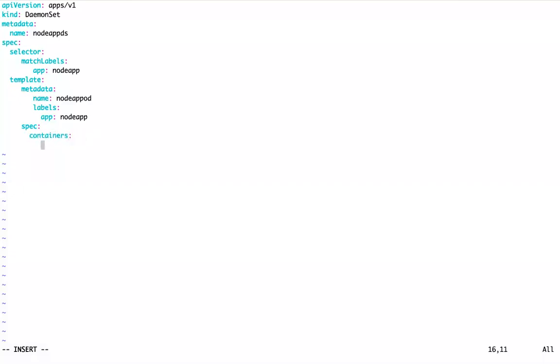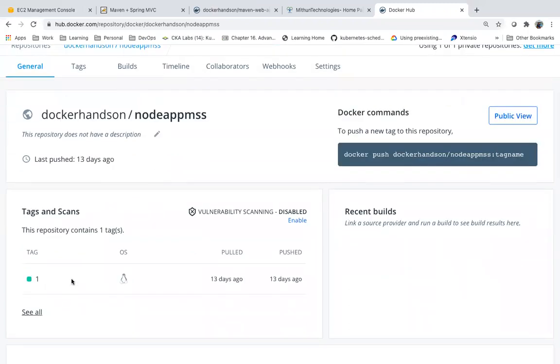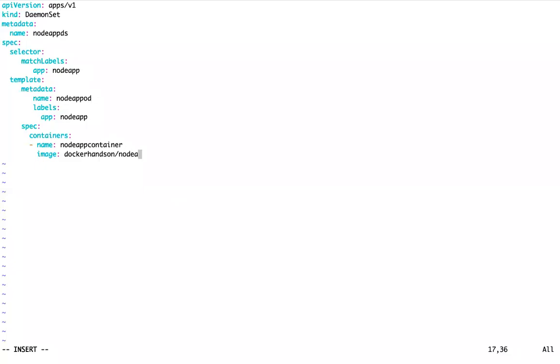Containers, image: docker hands-on slash whatever I want to deploy, node-app-mss version 1.